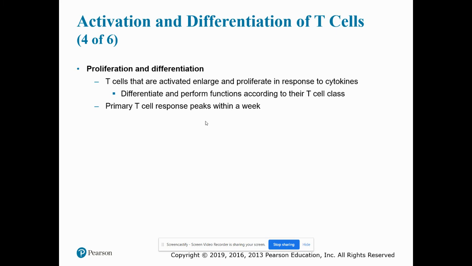Then we have proliferation and differentiation. Once the T cells become activated, they proliferate in response to cytokines, and they differentiate and perform the function according to whatever their T cell class is. So if they're a T helper cell, they're going to go do things that T helper cells do. If they're a cytotoxic T cell, they're going to go do things that cytotoxic T cells do, like kill virus-infected cells, for example. And a helper T cell may do something like go activate a B cell. Primary T cell response peaks within a week,